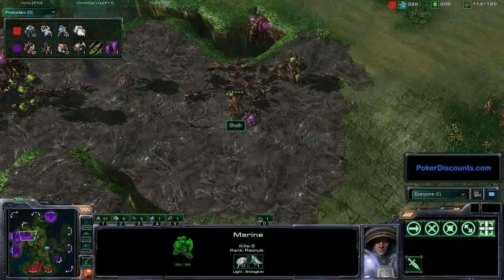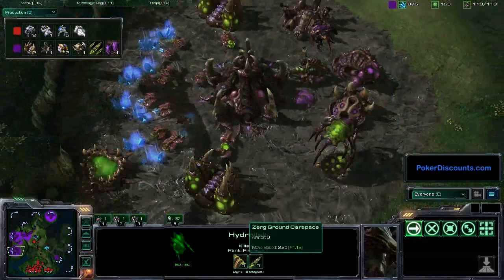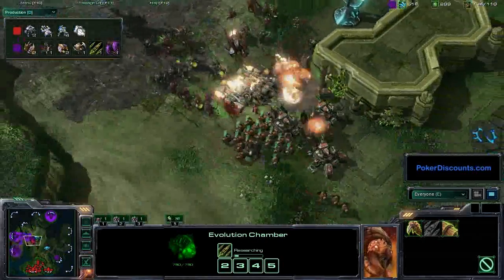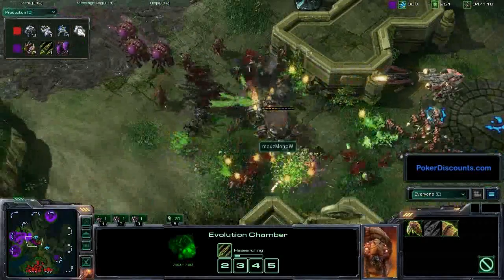Has Sheth got any upgrades for his guys yet? No, 0-0 still. I am surprised, actually. No Evo Chamber? Yes, he does have an Evo Chamber, and he's getting ranged upgrades, but finally we have a confrontation here. The tanks are set up, but MorroW runs away from the Baneling, so these tanks are surely going